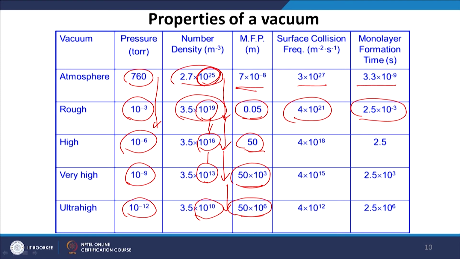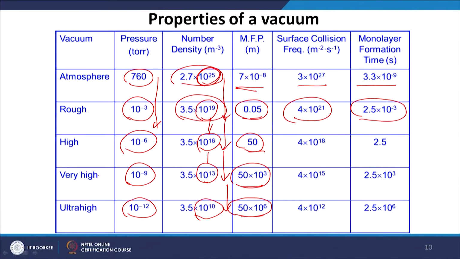Now, when we read about this chart, we have talked about the 3 important parameters to note. When you reduce the atmospheric pressure to high vacuum, very high vacuum, and ultra high vacuum, what you have observed is that the number density of the gas molecules reduced, but consequently the mean free path increases, and this explains the reason, because the mean free path is inversely proportional to the number density. When we reduce the pressure, since the pressure reduction leads to the reduction of the number density, that is why it leads to the increase of the mean free path.